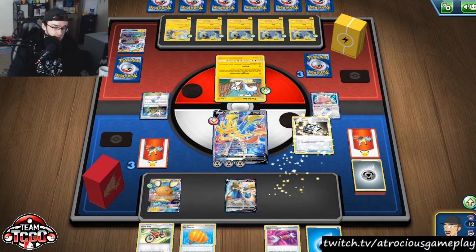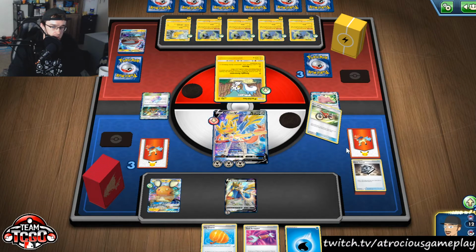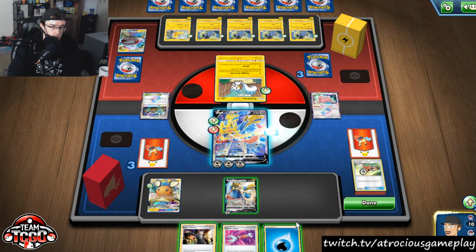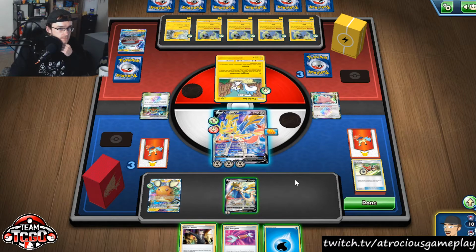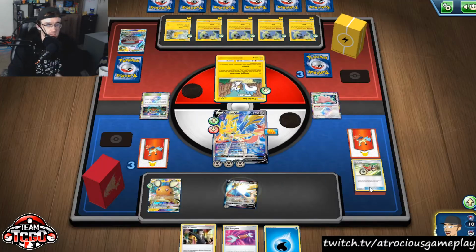I mean, granted, I'm not attacking this turn. That's for sure. I am not attacking this turn. I think I'm gonna Acro first. There's a boss, which is fine. Boss isn't really what I wanted, but putting the big charm up here. Yeah, I don't know. Maybe I just Intrepid Sword and hope for the best. There's one energy. There's the switch that I was looking for, but